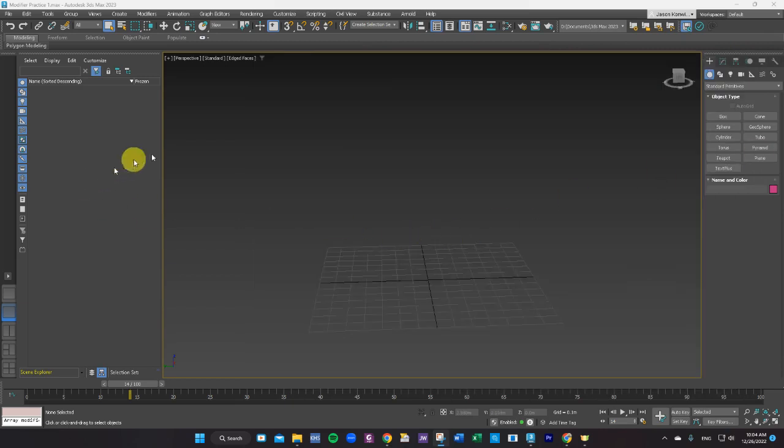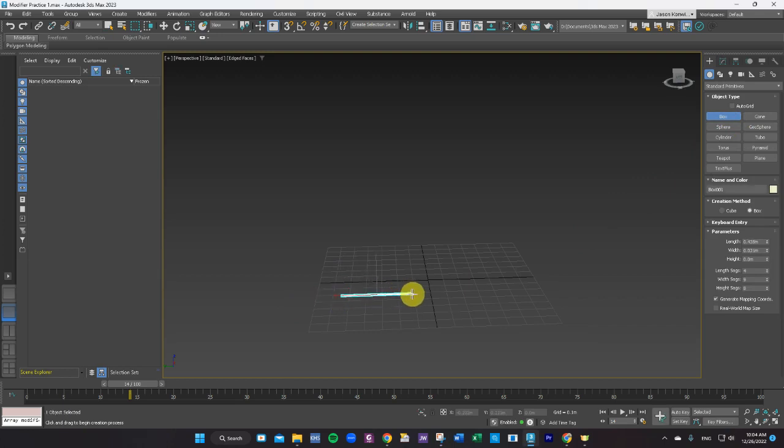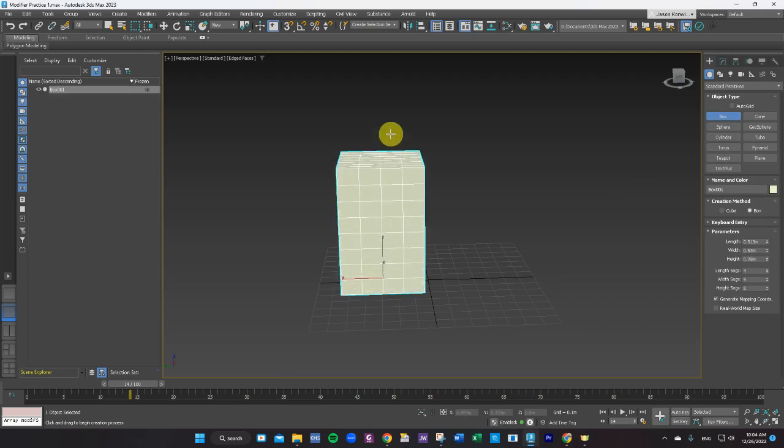All right, so let's just draw a simple box here. So I'm going to draw a box. Okay, drag it over, drag it back. I'm not worried about having my snaps on. I'm not really that worried about the size. I just want it big enough to work with. So you can have your snaps off for this. It doesn't matter. Now, when I have my box in my scene, you'll notice mine is randomized for size, but